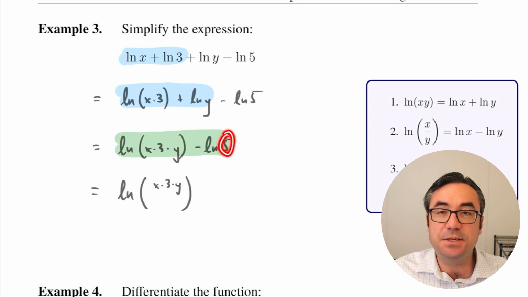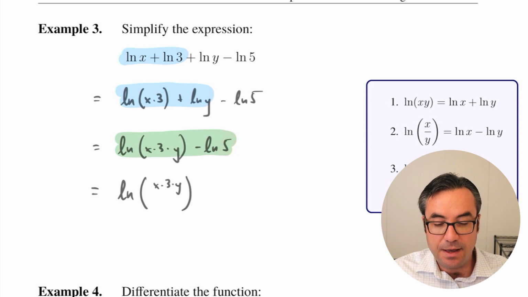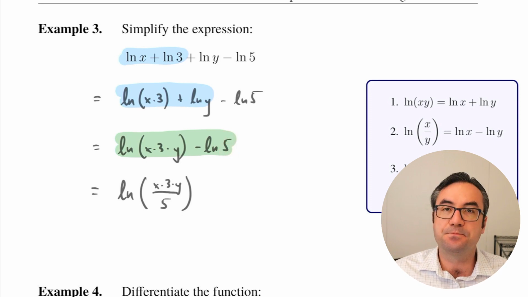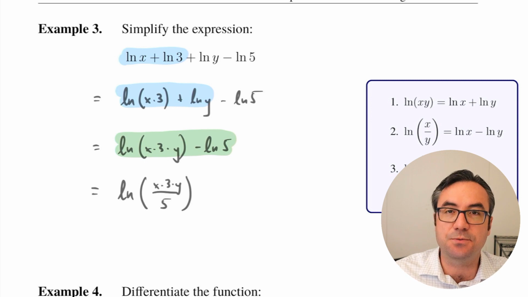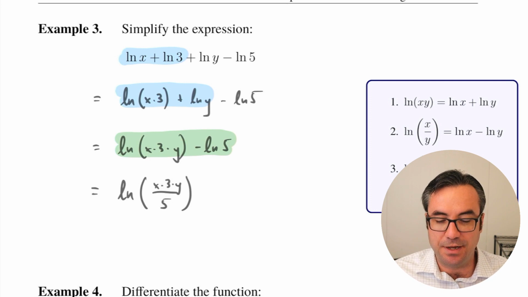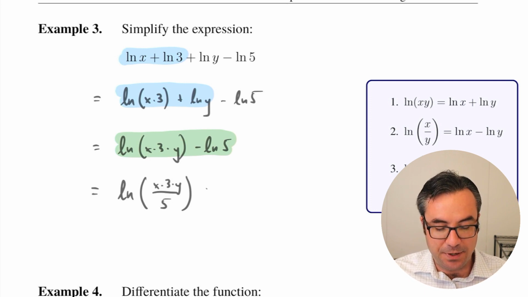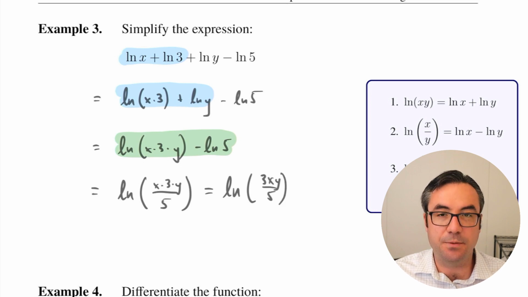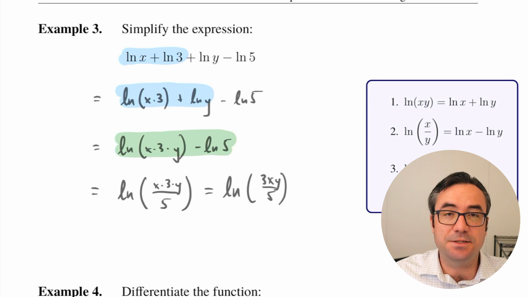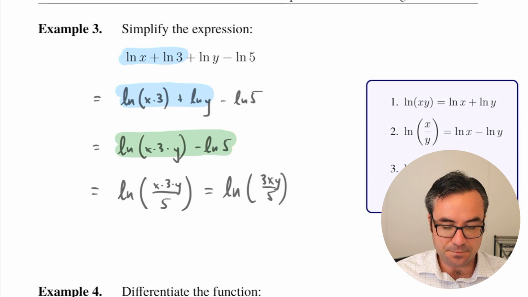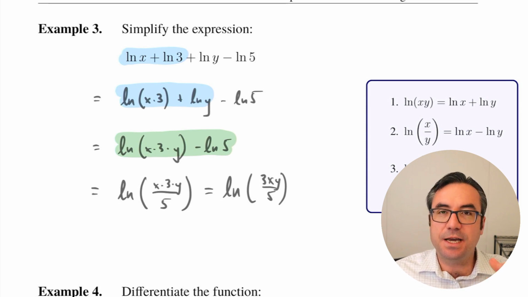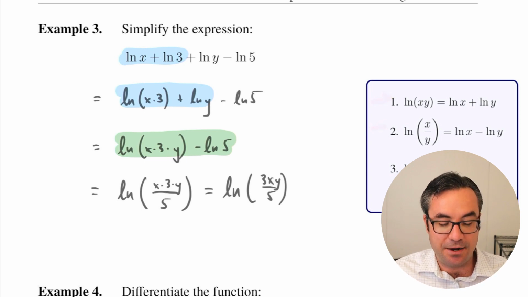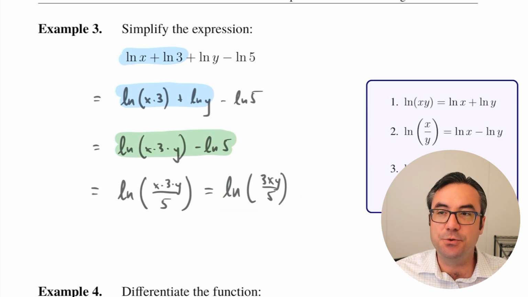And then I can take the piece from inside the second one, the 5, and that's going to become my denominator. So we end up with natural log of x times 3 times y all over 5. And if I wanted to, probably I could have done this way earlier, but we could just rewrite this as natural log 3xy over 5. All right, so we can just repeat this process as much as we need. Use these properties as much as you can until, in this case, we got it down to a single log